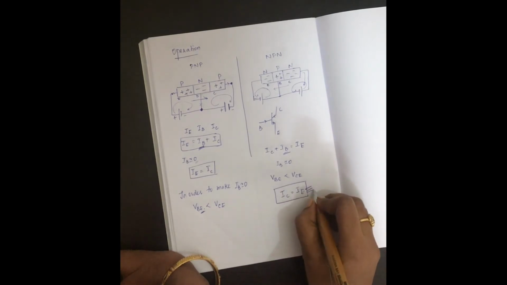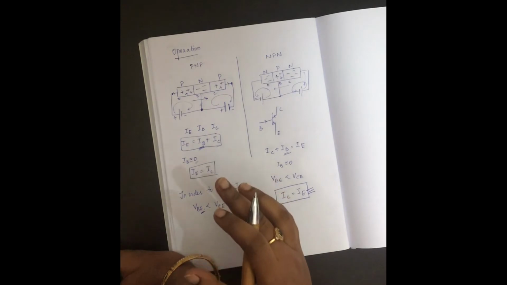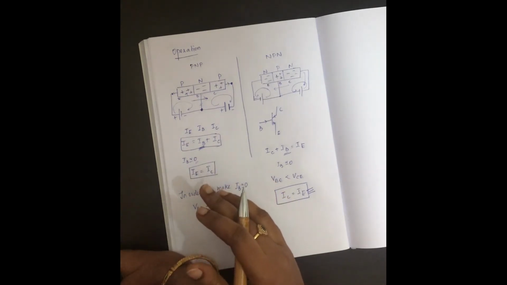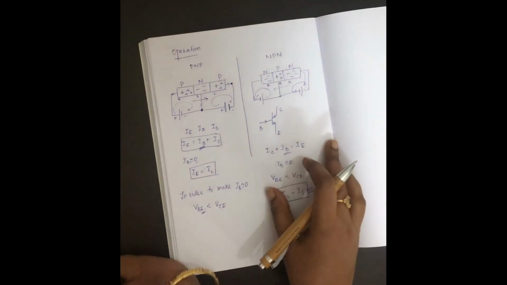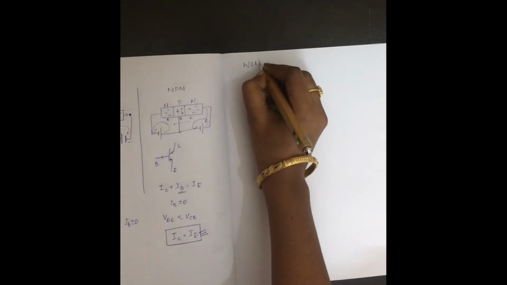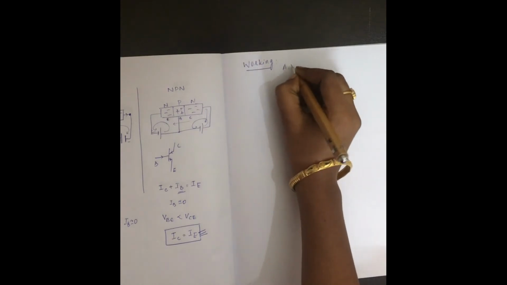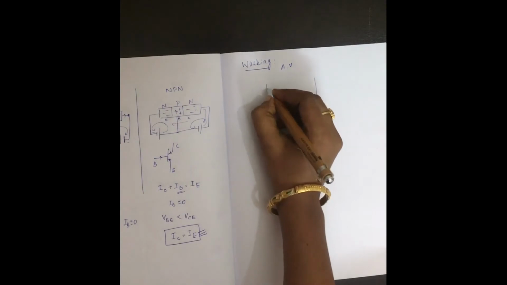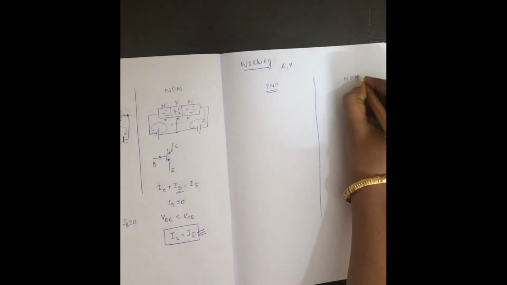This is the main criteria to check whether the transistor is working properly. If the transistor is to give its 100% contribution, then the output current should be equal to input current. This is how the transistor operates. I'll explain its working by using ammeter and voltmeter, similarly for PNP and for NPN.